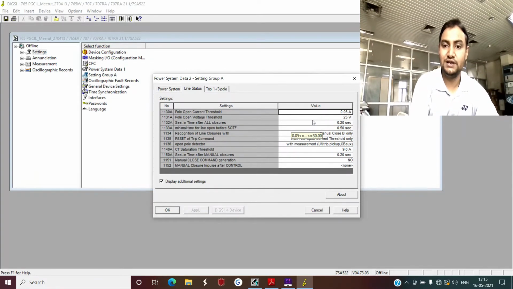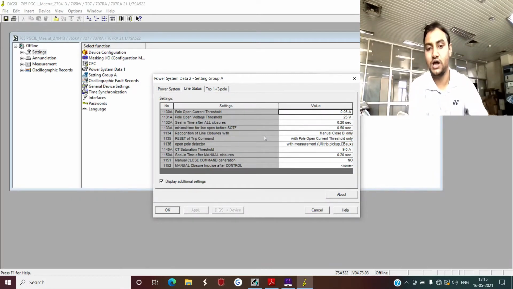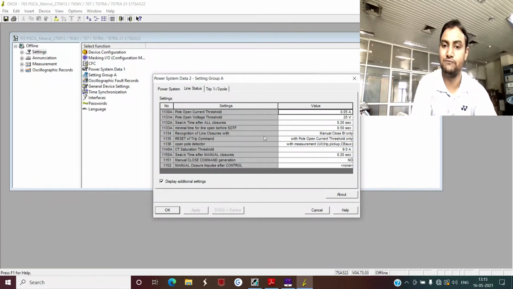So what this relay does is, whenever the current is below 150 ampere, only then it assumes that your poles are open, your breakers are open. Otherwise, it always assumes the breakers are closed or the line is in energized condition. The implications of this pole open current threshold are on many settings in the 7SA522 relay: it has implications on SOTF protection, on fuse failure, on broken conductor, and on the trip command reset.